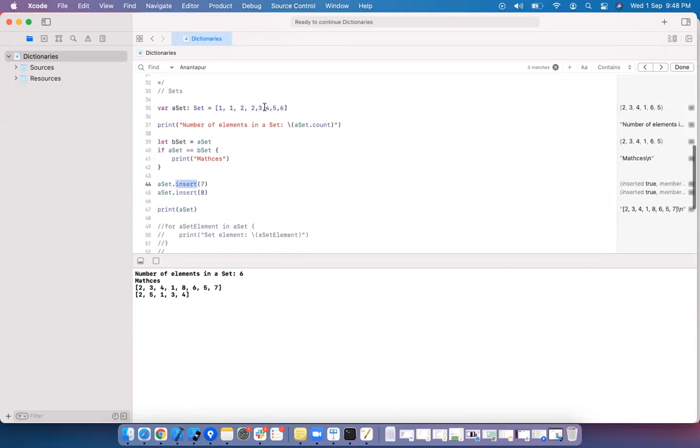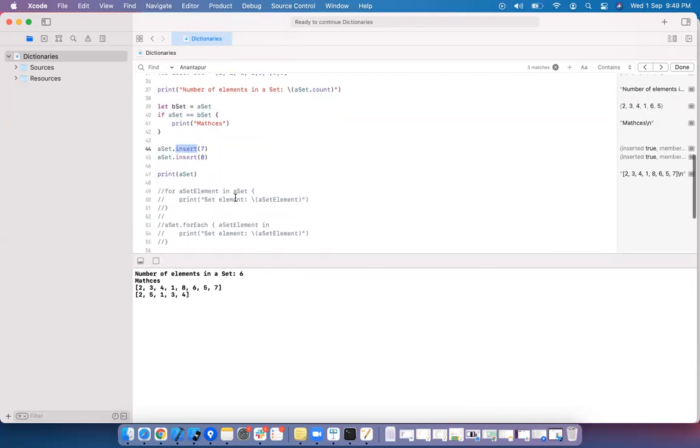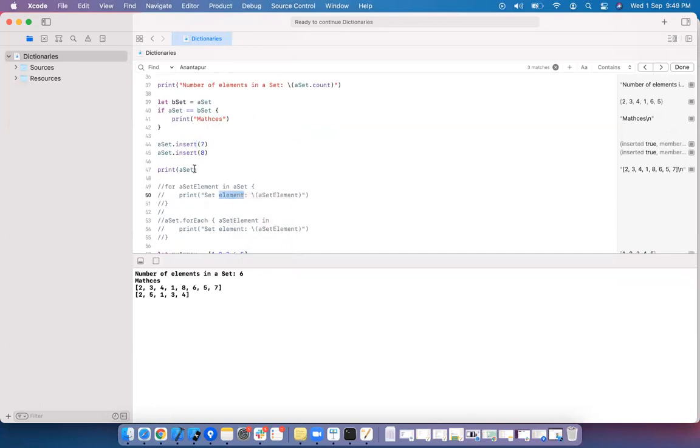We are having 1, 2, 3, 4, 5, 6. If we see here, count is 6, and then matches is printed. Then 7, 8 we have, and I'm printing the set. So it is printed 2, 3, 4, 1, 8, 6, 5, 7.